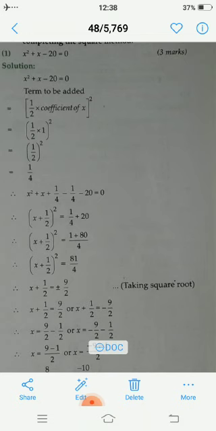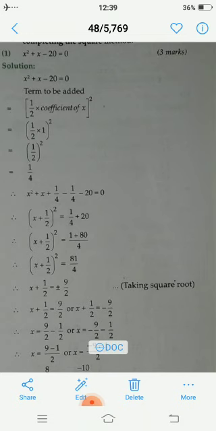It is the complete square formula for x plus 1 by 2 whole bracket square. And minus 1 by 4 and minus 20 we will shift to the other side of the equation so that we will get a number. When minus 1 by 4 and minus 20 are shifted to the other side of the equation, being negative on one side, they go to the other side and become positive. So now we have x plus 1 by 2 whole bracket square equals 1 by 4 plus 20.